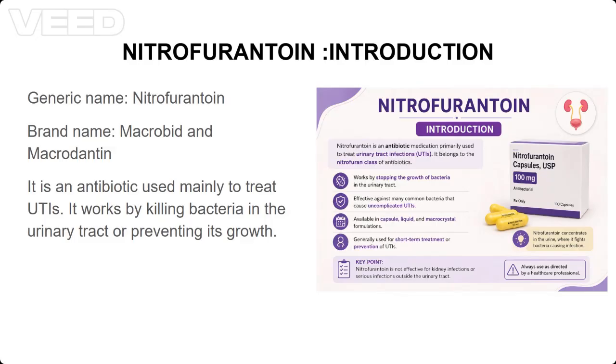It's an antibiotic which is mainly used to treat UTIs, and it works by killing bacteria in the urinary tract or preventing their growth. In this video, we will talk about how nitrofurantoin is used, how it works, common side effects, serious side effects that require medical attention, and important situations when this medication should be avoided. I selected this medication because I have seen lots of prescriptions for nitrofurantoin to